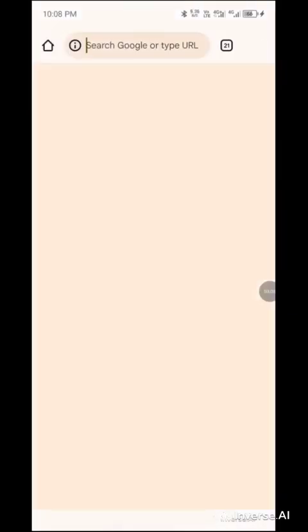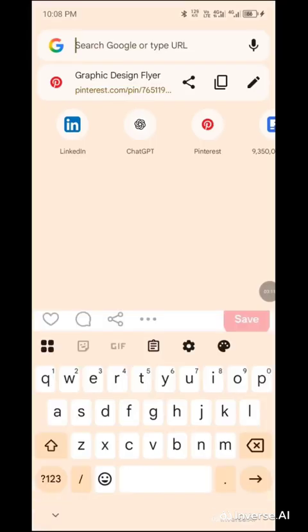Don't forget that we are using PixelLab. We are not using Corel, we are not using Photoshop in today's class. We are using our smartphone to design a beautiful flyer. Now concerning the image size, I said I want to use 2 by 3 inches. How can I get my 2 by 3 inches in pixels? Just go to your Google and type